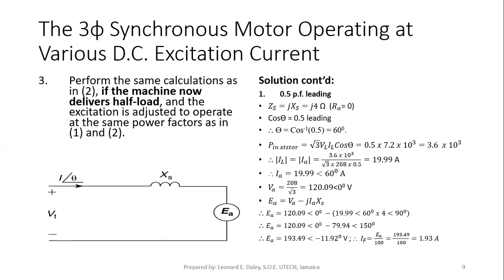All right, so we were getting now to the stage where the machine would be delivering half load. And half load means half of its rated full load. So it's half of the 7.2